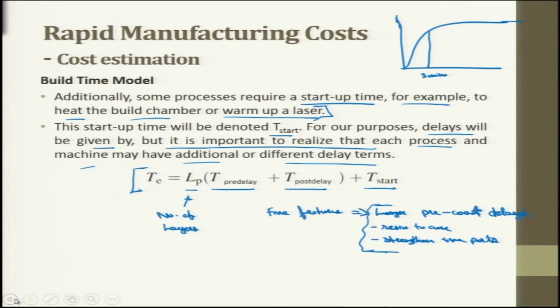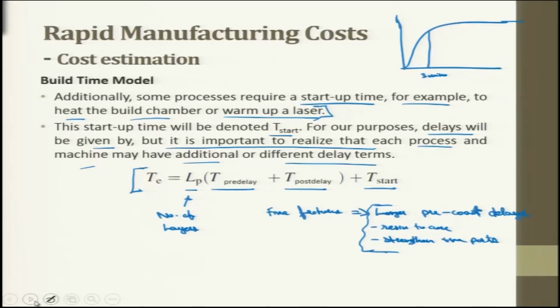So, this is the cost estimation model. We have picked a simple model to explain how the cost in additive manufacturing is calculated. There are certain models, as I said, which are being developed, and complex models. There are even stochastic models which are coming, and we can go into any detail. But to understand what cost estimation in rapid manufacturing has, it has